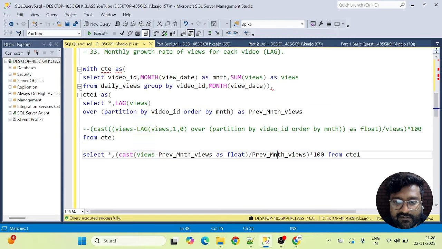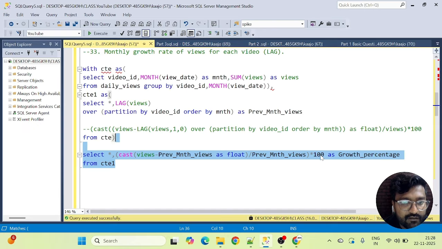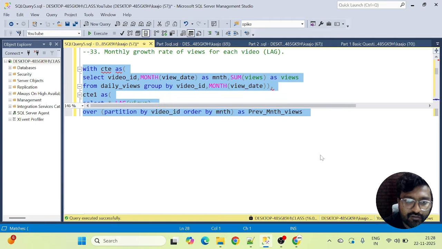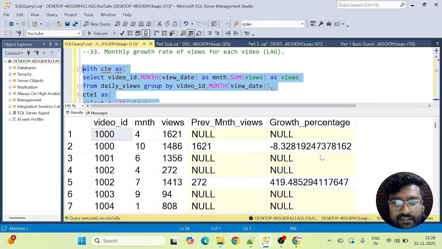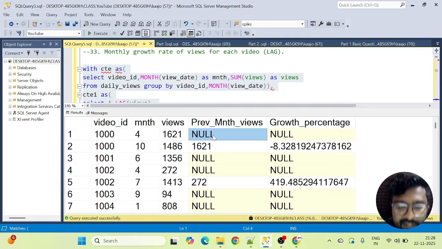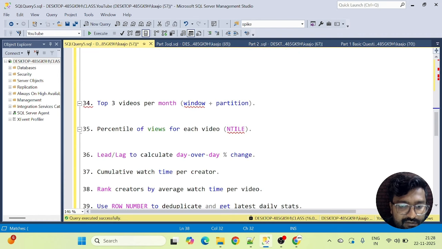Now alias it, let's say growth percentage, simple, right? And I also told you that we have to take care of nulls. There are many ways to tackle null. Either we can go with a case statement or we can go with COALESCE. Anything is fine, so it's up to you. I'm just dropping a hint for this question. Because we have nulls here, I can go with COALESCE, I can go with CASE, I can go with IS NULL. So there are multiple ways, right? For now, I'm leaving it up to you how you want to tackle it. Okay, so I'm going to the next question now.